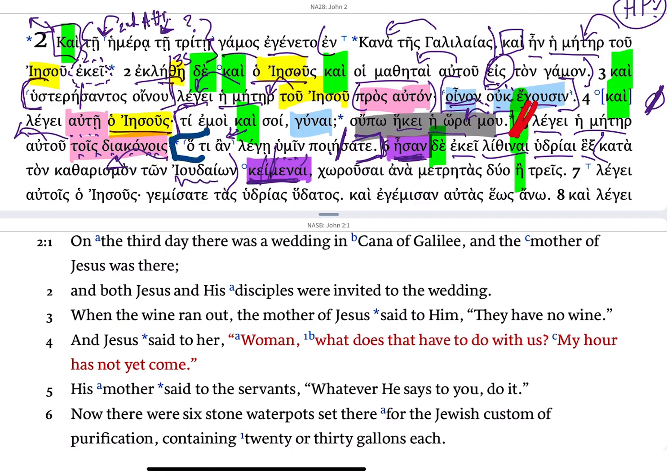There could have been another way to make this statement. It could have used the imperfect tense. It could have used the aorist indicative. But to create this with a periphrastic construction places stress on the verbal attribute ascribed to the subject. So that's a question mark for me. Why use this construction to stress them lying there? Was that unusual? What's going on there? And then you have a final participle clause, chōrousai ana metrētas duo ē treis,